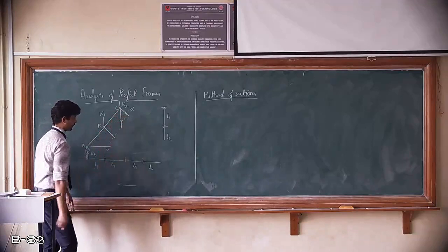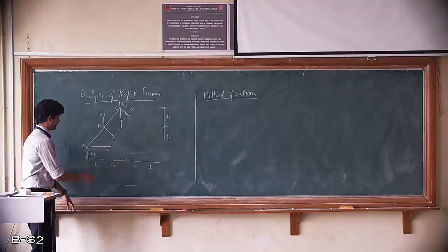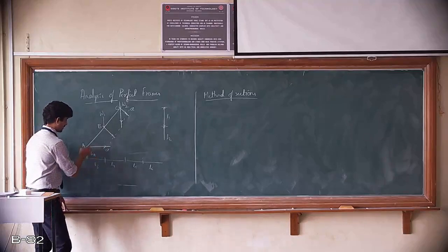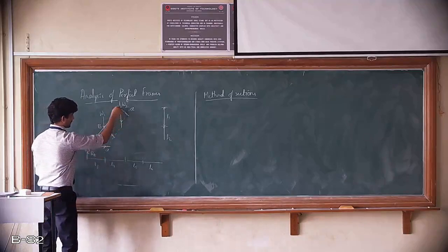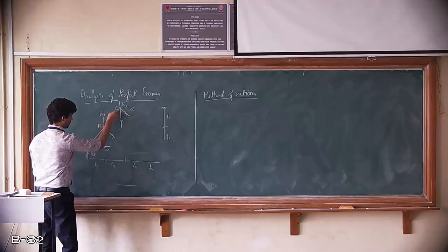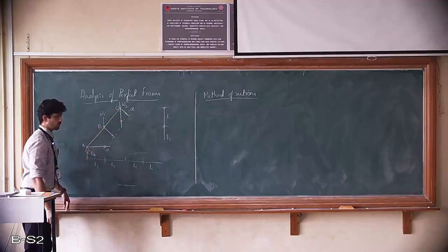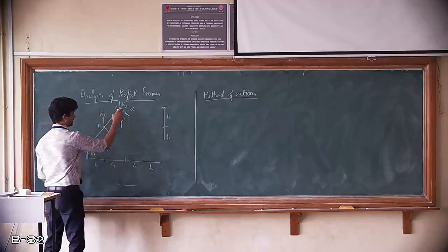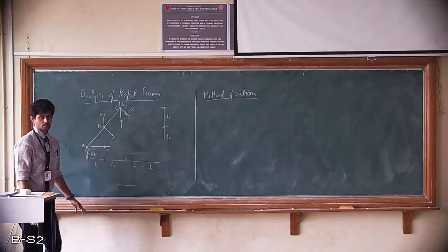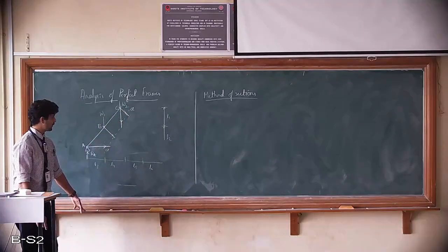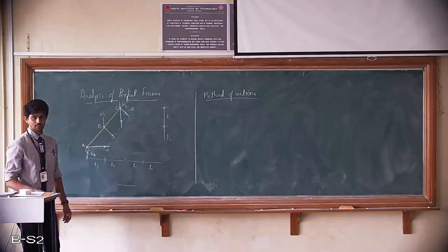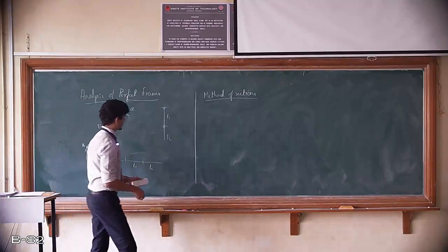Then if you see here, there are members B, C and this one we are interested to find here. So the unknowns will be PCA, PBC, PAB and so on. The number of unknown members is 5, whereas known things are 1, 2, 3, that's all, 3 known loads. To find those unknown 5 is not possible because we have just the basic 3 equilibrium equations. So let us try to understand with one more example.